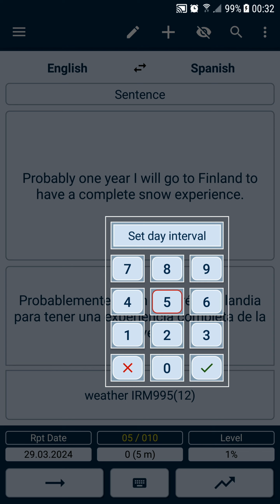You need to enter the day interval and click the green check mark. After this, the IRM label will change and you will be able to see it the next time you open the page. At this moment, the interval keyboard will display the message asking you to enter the minute or second interval. You need to enter a minute or second interval and click the green check mark.